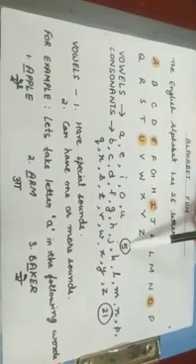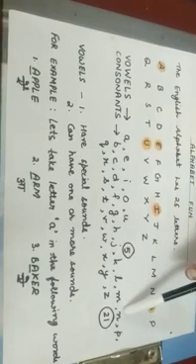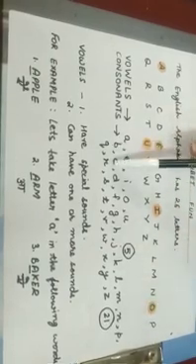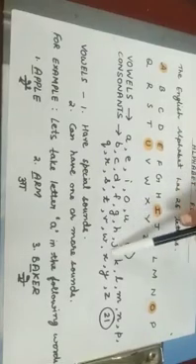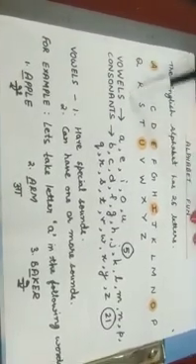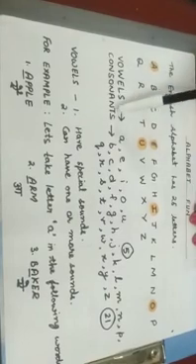That vowels are 5 in numbers, and the leftover ones, that is B, C, D, F, G, H, J, K, L, M, N, P, Q, R, S, T, V, W, X, Y, Z. These all are called consonants. So basically we can say that our English alphabets are divided into two portions. One is vowels and the other one are consonants.